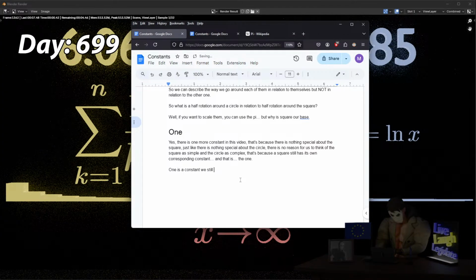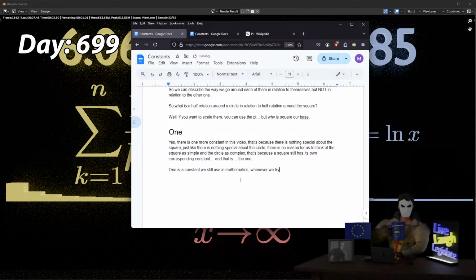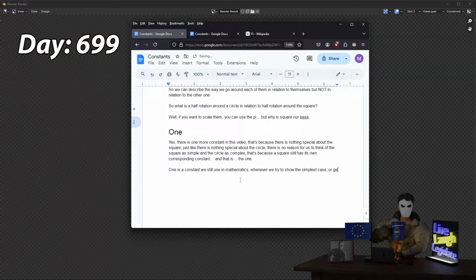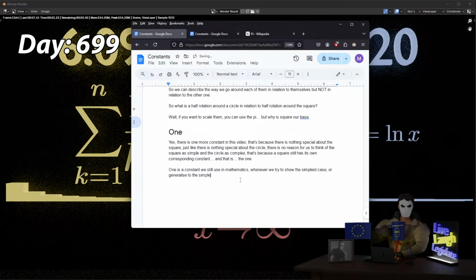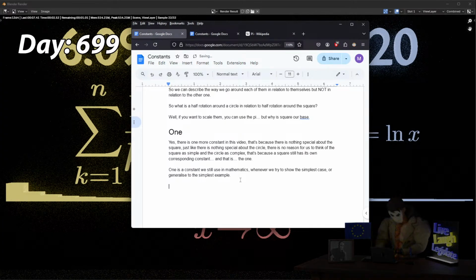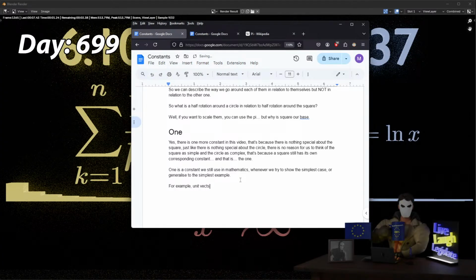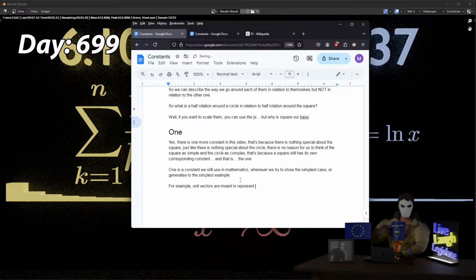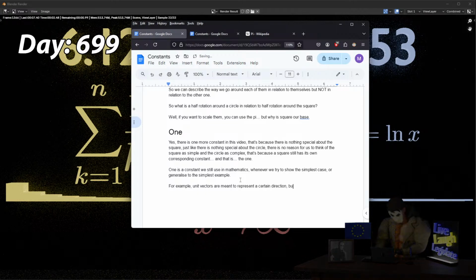We try to show the simplest case, or generalize to the simplest example. For example, unit vectors meant to represent a certain direction, but